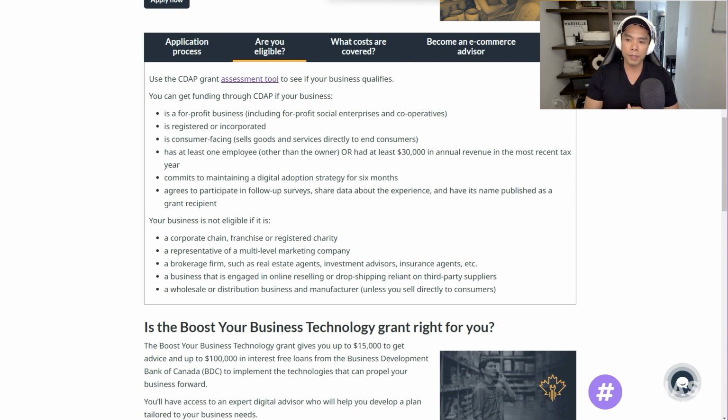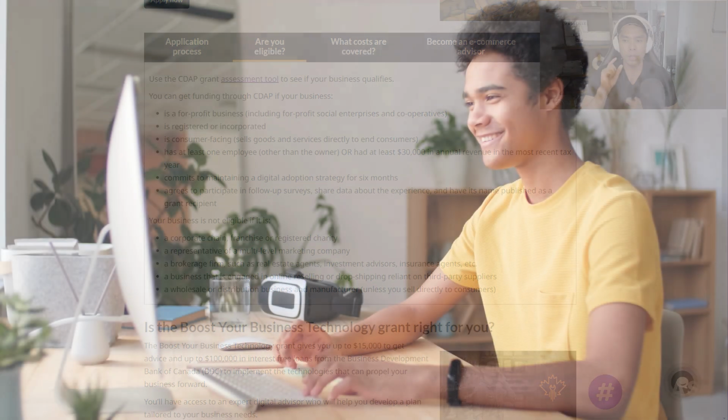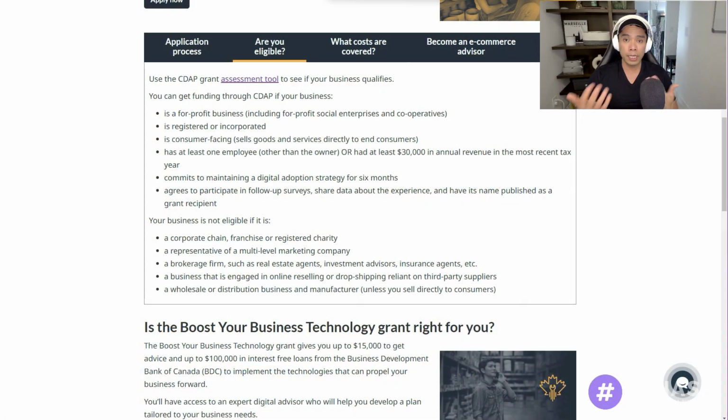And there's also one hidden one there where you're able to employ a post-secondary student or a recent graduate for short-term employment to assist with digitizing your business. So they'll give you up to $7,300 in subsidies to get a post-grad to come in and help you, however long that lasts in terms of subsidies or however long you need that person for. Again, the commitment for both of these grants is at least 6 months of commitment that you're going through and executing on that digital adoption plan.